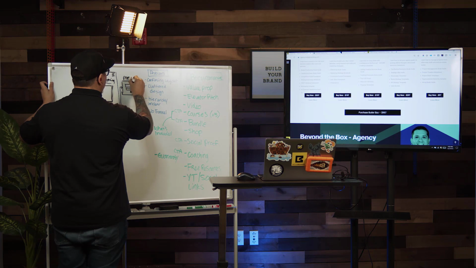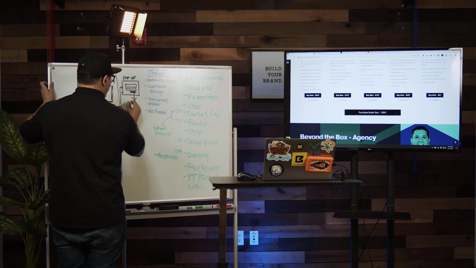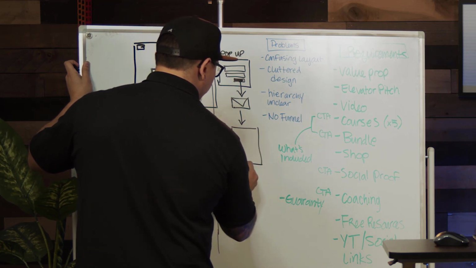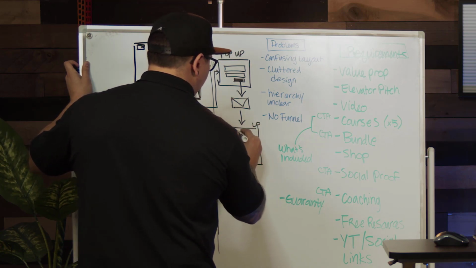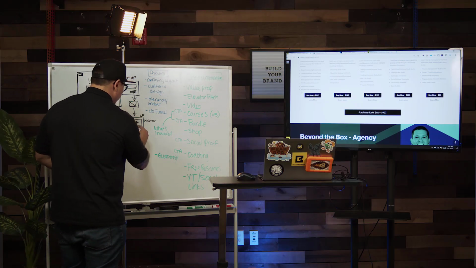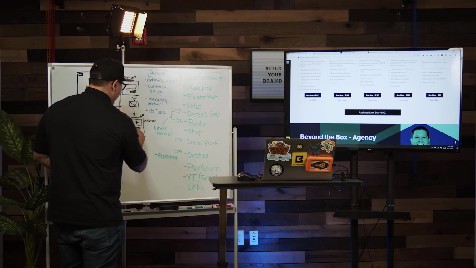Once they do that, it'll trigger an email to a landing page, which will have the free webinar, and then the next call to action, which is going to be to buy the Butler box or to buy each of the individual courses,